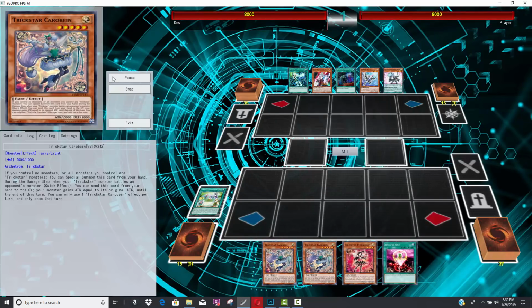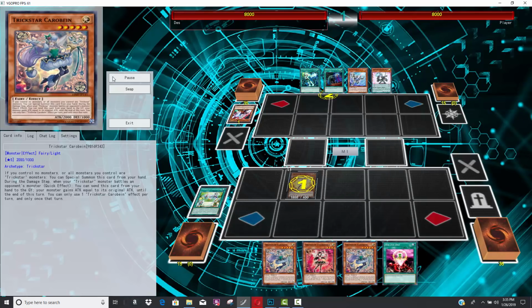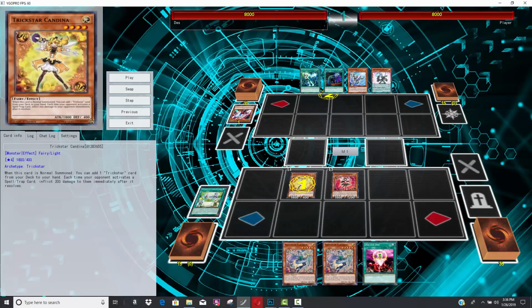I think he's probably going to search out for Candina, summons it, Ghost Ogre tries to basically stop it. That's not going to work. By the way, if you guys ever wonder why Ghost Ogre is not really seeing play anymore, it's because of stuff like this. I just feel like Ghost Ogre is just not reliable at taking out monsters anymore. Your opponent can either dodge, as he's going to do here, or like the Sky Striker cards just float,